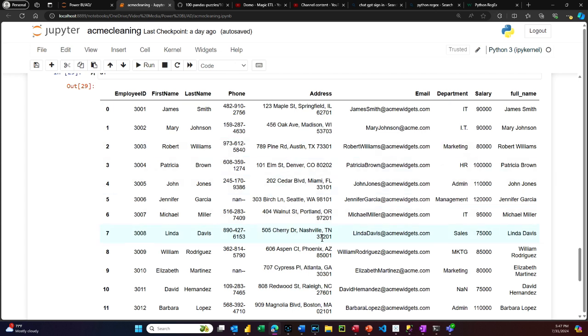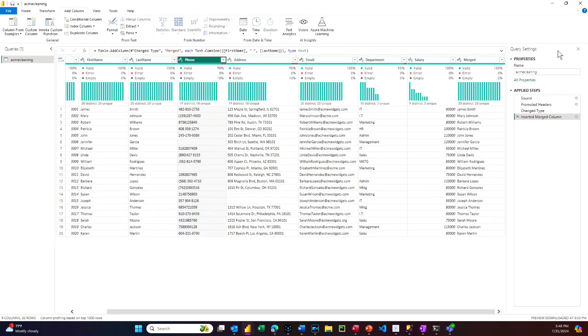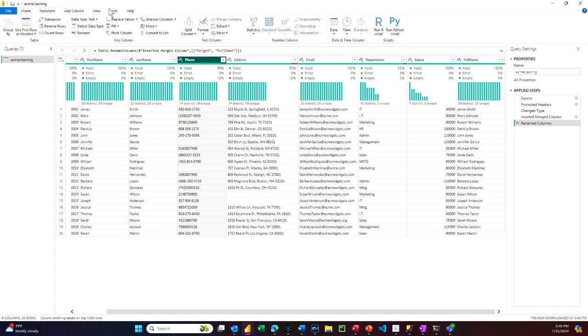So there you have it in Python Pandas data frames. Let's go on over to Power BI and look at it in, switch screens here, Power Query. So here's Power Query with our merged full name column and our 30 phone number data. So what we can do here is select the phone column, go to the Transform tab, replace values,